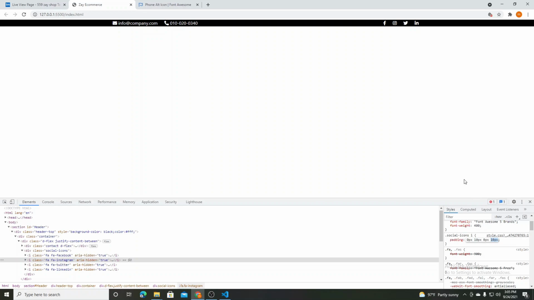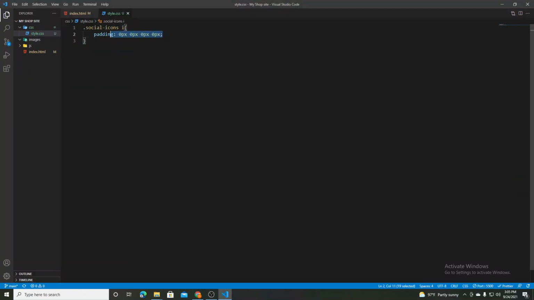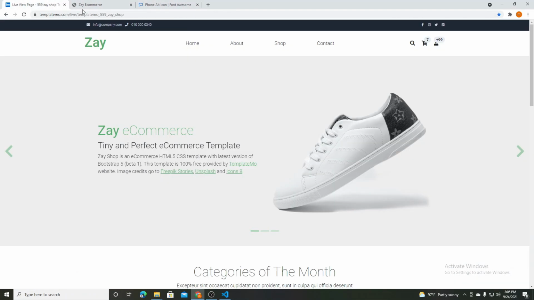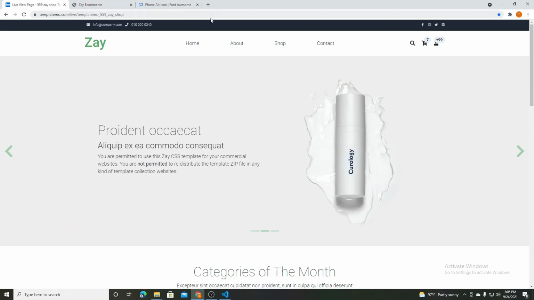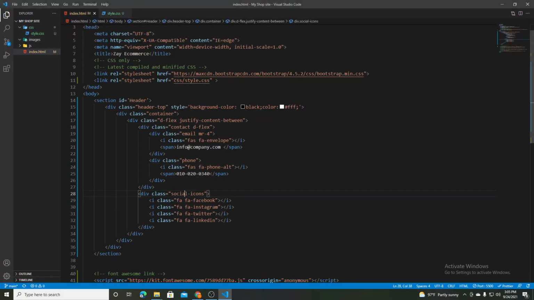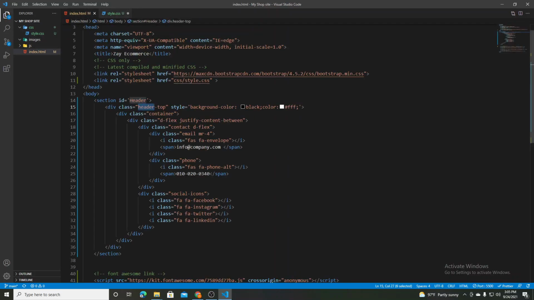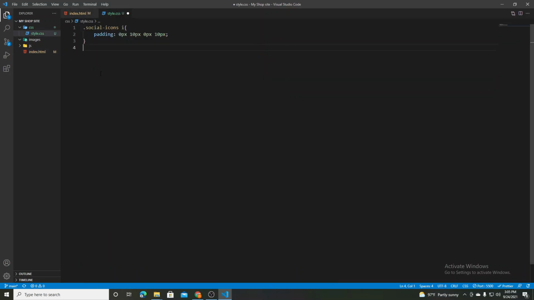As you can see, now we have our padding. So I'm gonna copy this and paste it here. So I have my social icons padding. I'm gonna just give my whole div a padding. As you can see, we have a div padding in our div. So we're gonna grab our div. Our div is header top. Is it an id or class? It's a class. So I'm gonna give it a class header top,